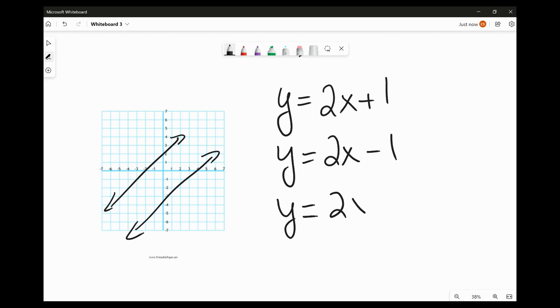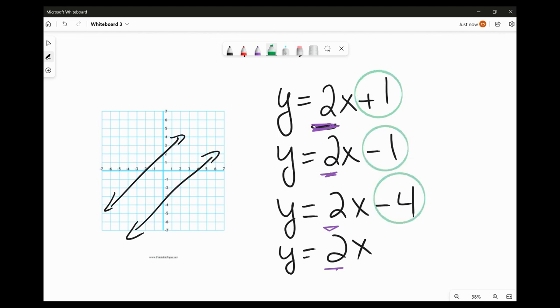So maybe it looks something like this: y = 2x + 1, y = 2x - 1, y = 2x - 4, y = 2x. All of these have the same slope. The slope is 2 on all of them, and the y-intercept is different. And for this one, since there's no number there, that's really like saying plus 0. So if I were to graph these lines,